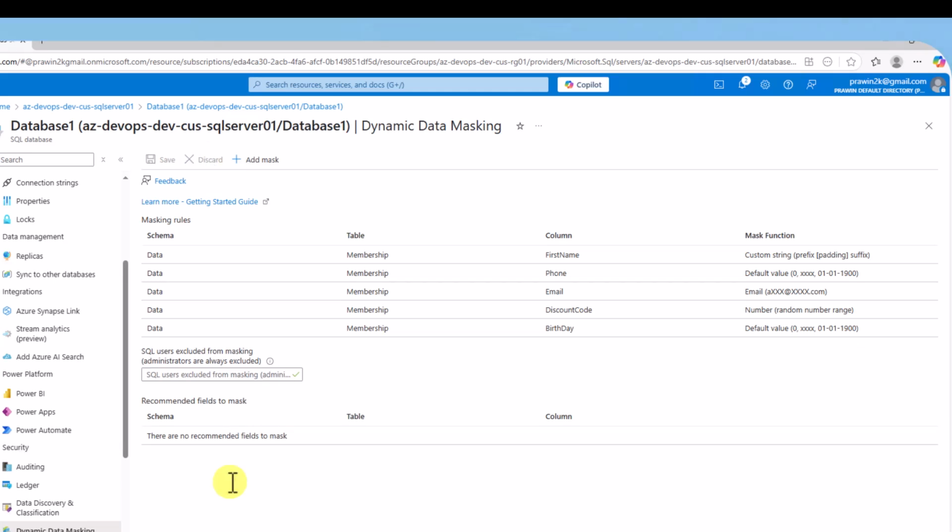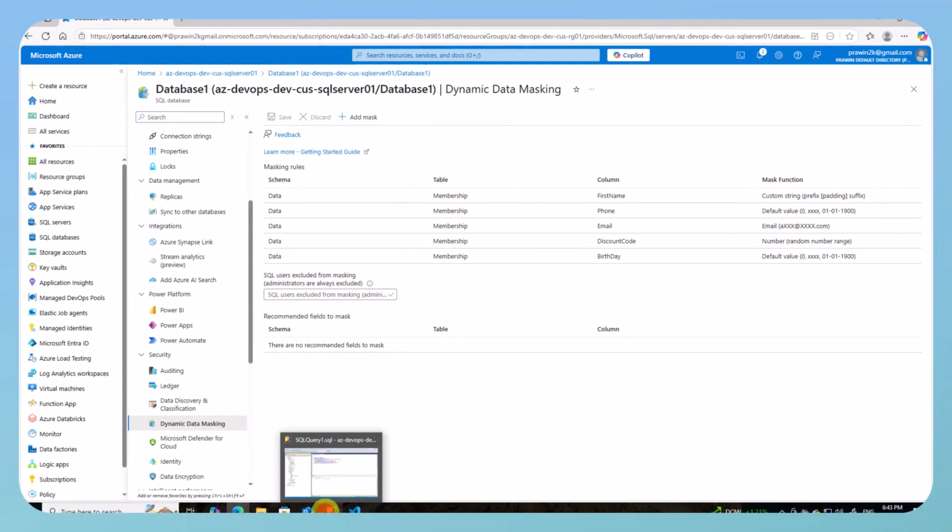Now, because I already added all the masking rules, this page is showing us all the masking rules. In case there is no column which is masked, then right from this page, we can add all the masking rules. That's what we just did for last name. So let's go back to